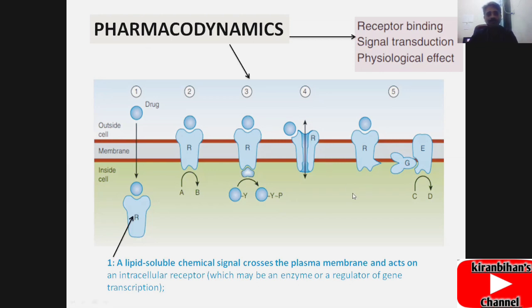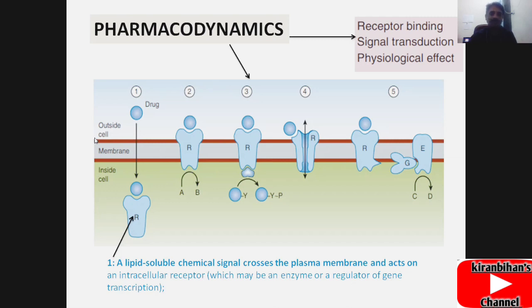Most of the drugs act via receptor-mediated actions. These are the 5 types of receptors available on the cell membrane. You can see receptor 1, it's lipid soluble, and due to lipid solubility, the lipid soluble drug gets entry